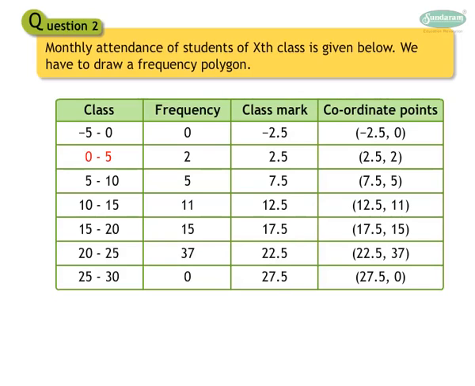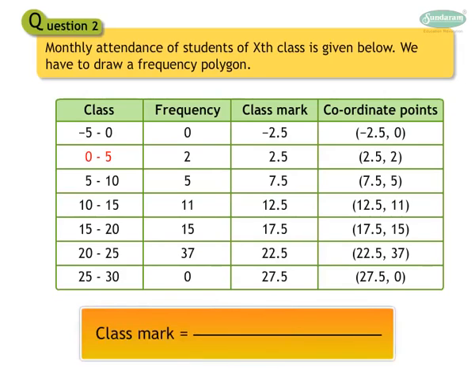Now students, for a frequency polygon, the classes have to be continuous. Since here the classes are already continuous, we continue with the next step. We have to find the midpoints of class intervals. These are also called the class marks. To find the class mark of each class interval, we take the sum of the upper limit and lower limit